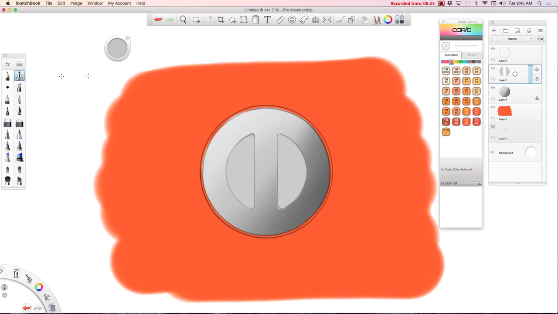So I'm going to lock the transparency on that. Go back to the airbrush. Do the opposite for this interior surface that I did for the exterior so that I can tell what kind of contour is happening